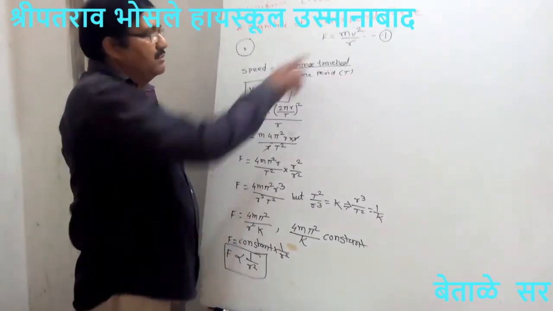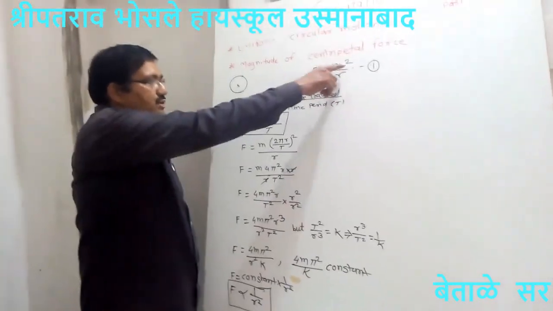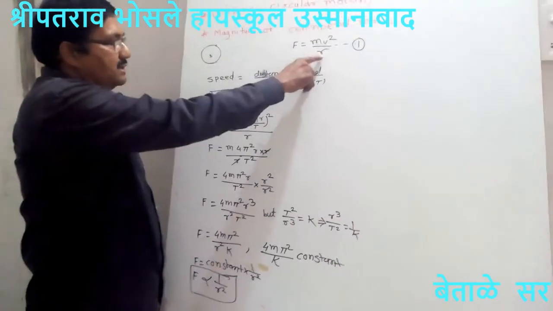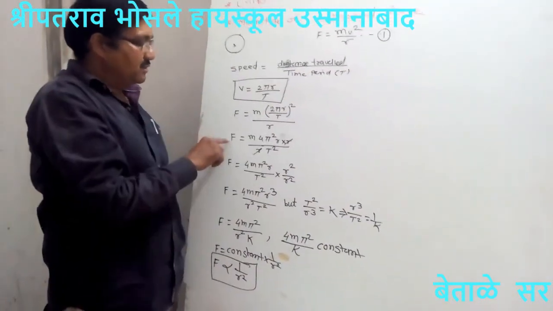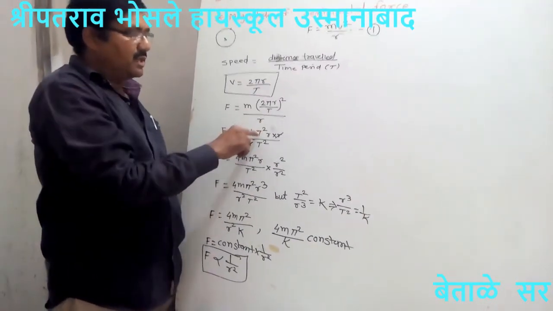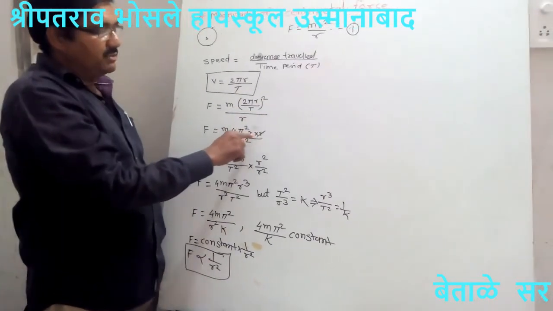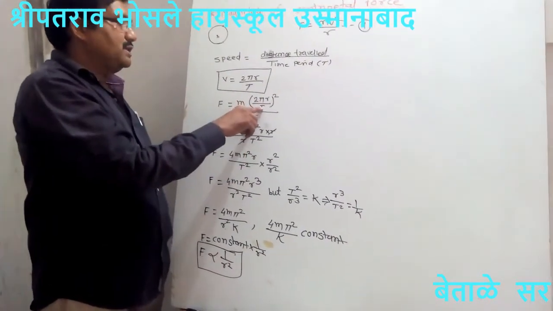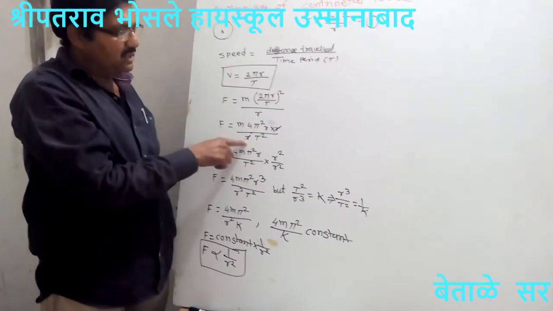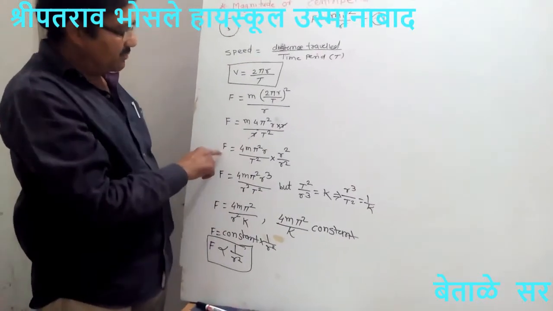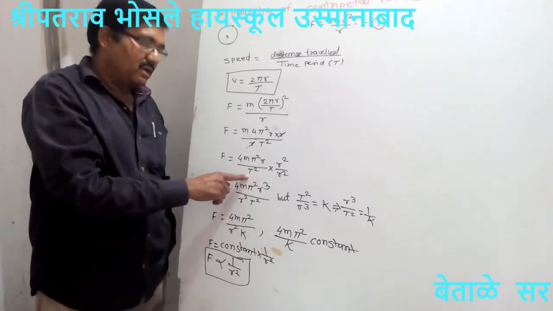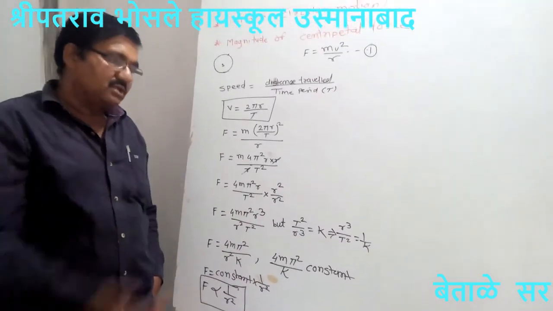to m as it is, v² is (2πr upon t) whole square. In this formula r is as it is, therefore F is equal to m as it is, 2² is 4π² r², that is r² means r into r, upon t² as it is. और या ठिकाणी काय होतं, r ला कॅन्सल होऊन या ठिकाणी फॉर्म्युला काय येतो, F is equal to 4mπ² upon t², but by the Kepler's law आपल्याला Kepler's law यूज करण्यासाठी आपल्याला